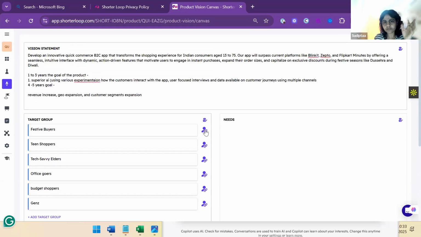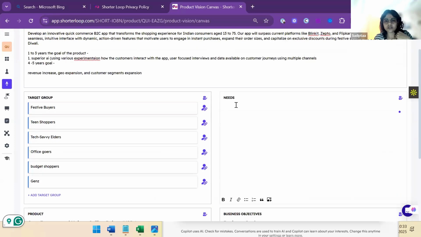Then 4 to 5 years. Okay, and now I'm coming to this, and I'm identifying for each target group what the niche would be. Sometimes AI will take more time, but if it is still thinking, you can write your own inputs. So for festive buyers, let's say I am not waiting for AI to come back, I will write this one for festive buyer, let's say